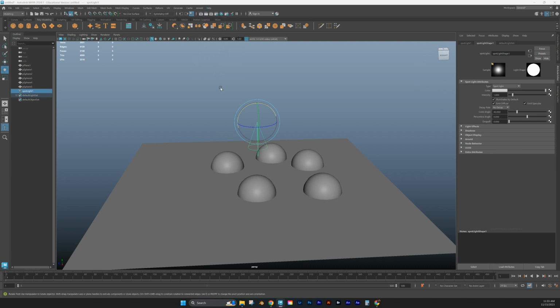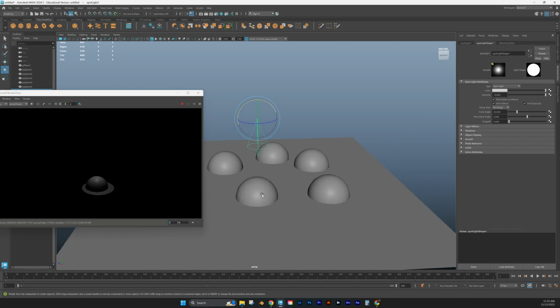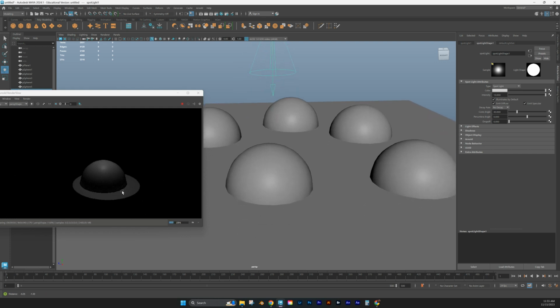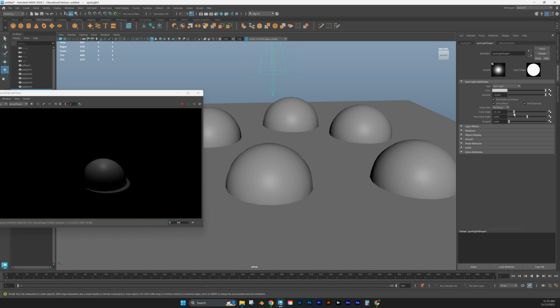So Arnold render, and I don't really see anything. So what I'm going to do is throw this up. Now I increased the intensity here, and now I see a pretty hard spotlight right around this one sphere. When I zoom in on it, I can see that it's a pretty hard line, and I can see the exact shape of the cone as it projects the light down. Now, cone angle will have an effect on how that looks. So if I crank this up, I can now see a little bit more of the scene. And I could tighten it down, make it even more pinpoint if I wanted to,